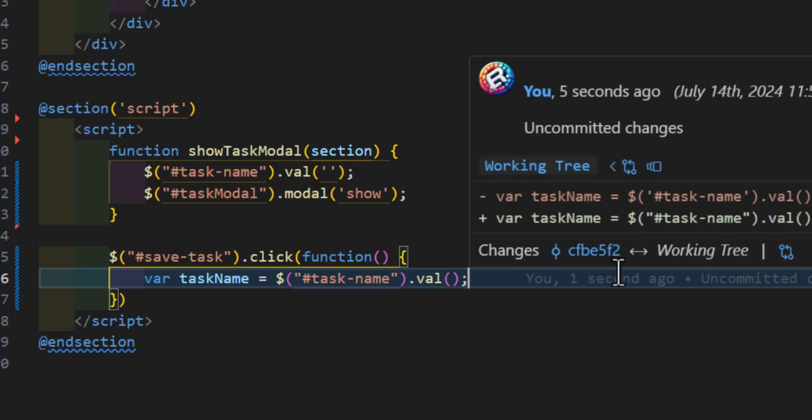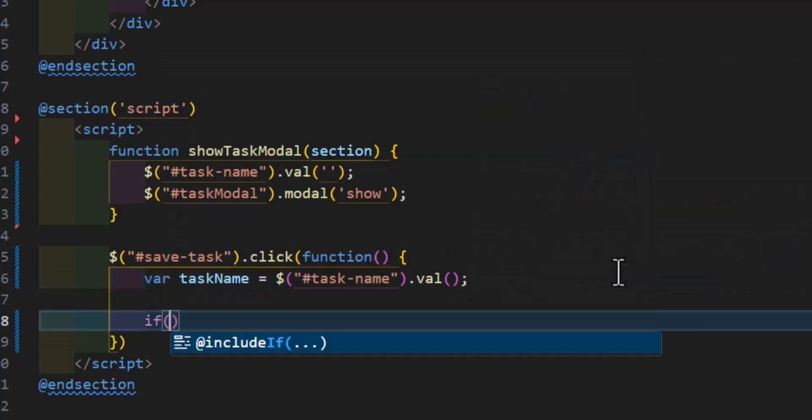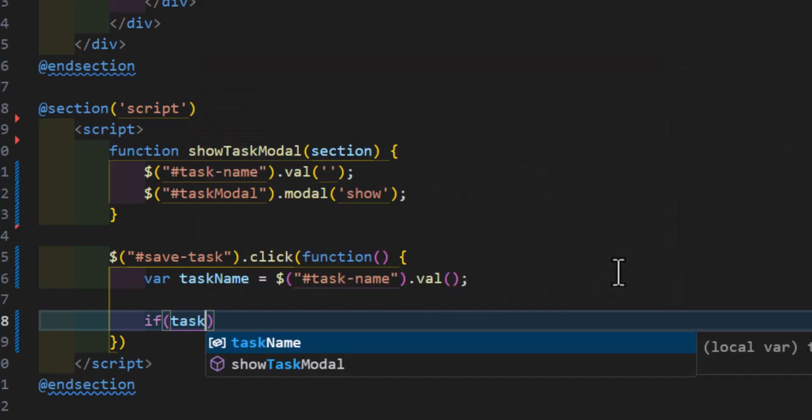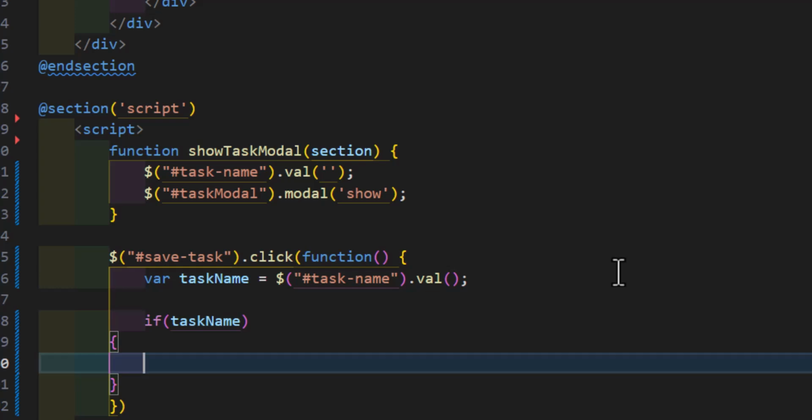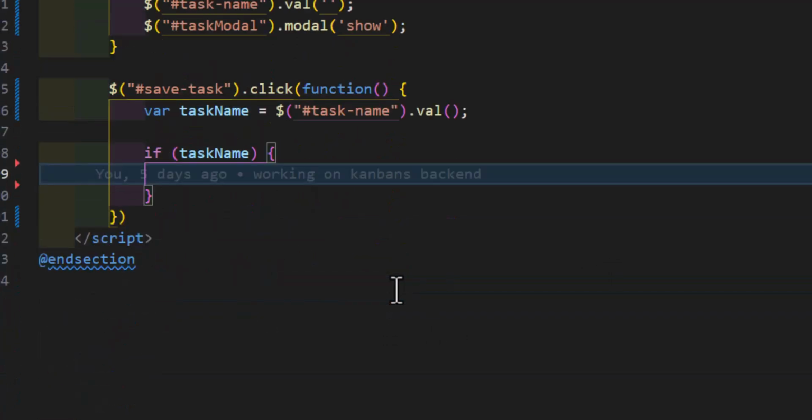Then after that I will check if task name is available, if there is any task name. In that case I will create an AJAX with the type of post and set the URL to URL